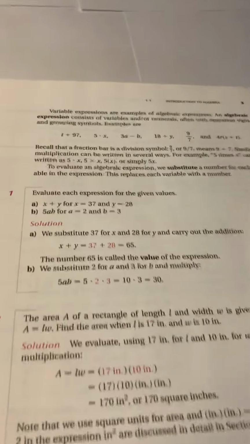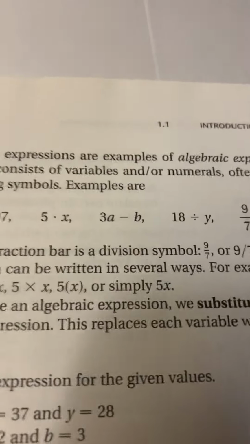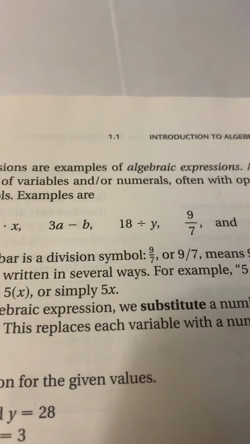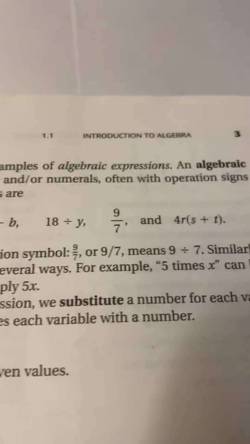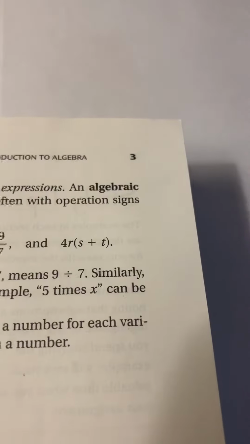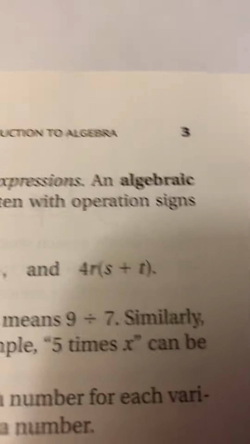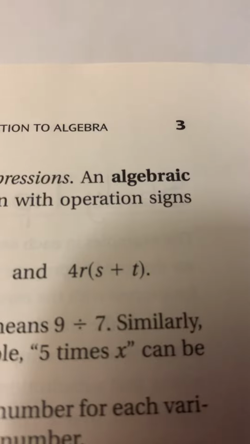All right, here we go. So we have 5x, and we have 3a minus b, 18 divided by y, 9 over 7, or 9 divided by 7, and 4r times the quantity of s plus t,